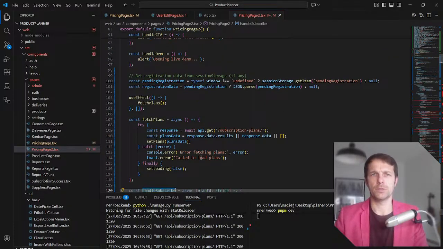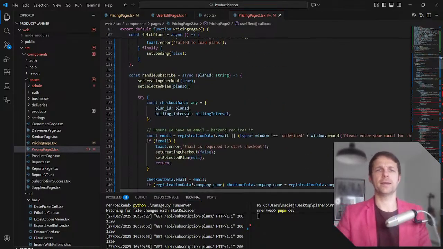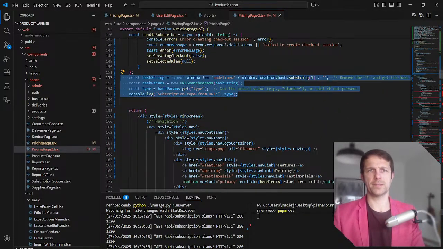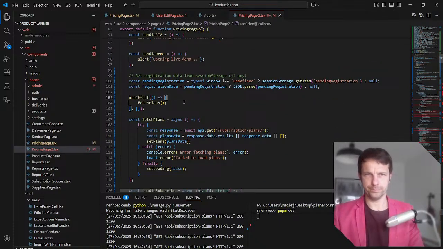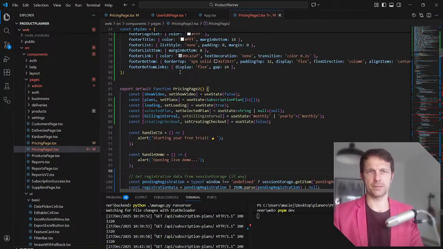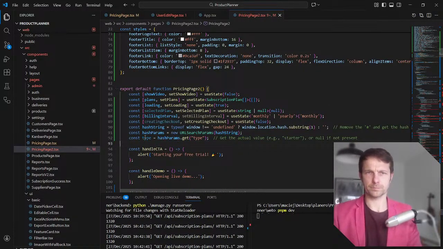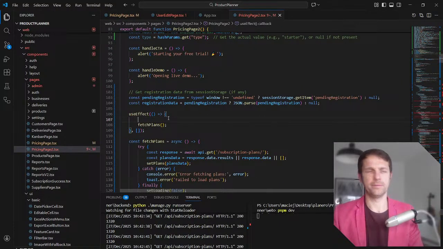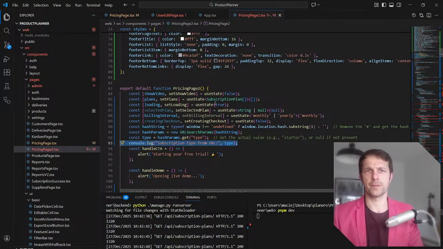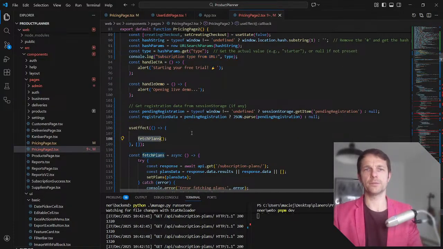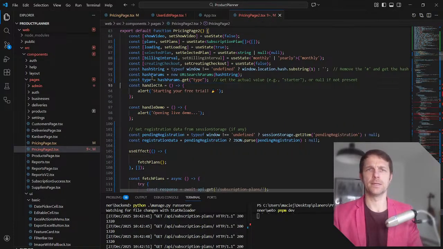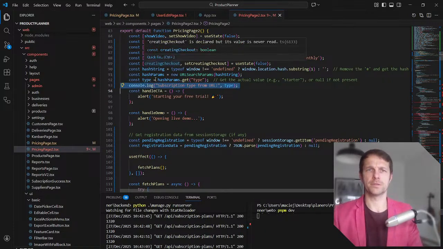So I want to check if I actually have my current plan in my URL parameter. I can check the parameter here, if type is one of the defined ones. Ooh, I can do fetch plans here. What my fetch plan does, I don't know actually right now. So I will keep this type thing here for now, because this will be useful.